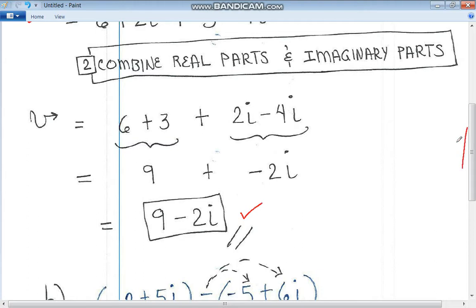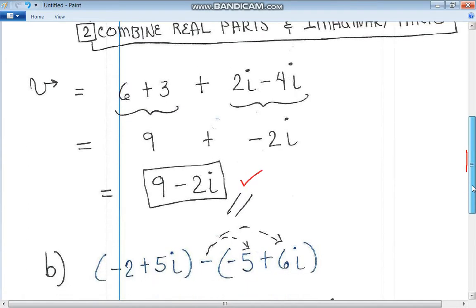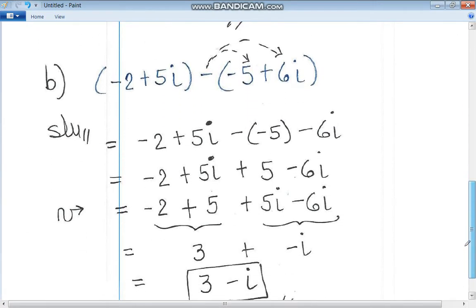And the next example is just as easy. Let's see it. It might be a little bit more complex because of the negative sign. Okay, so the first complex number is negative 2 plus 5i, and then we're subtracting. See, we're subtracting instead of adding. Negative 5 plus 6i. So step 1, when we drop the parentheses, we now have to be careful to distribute